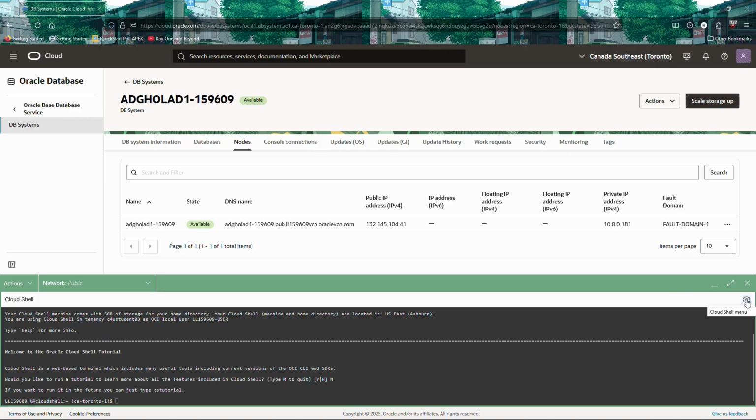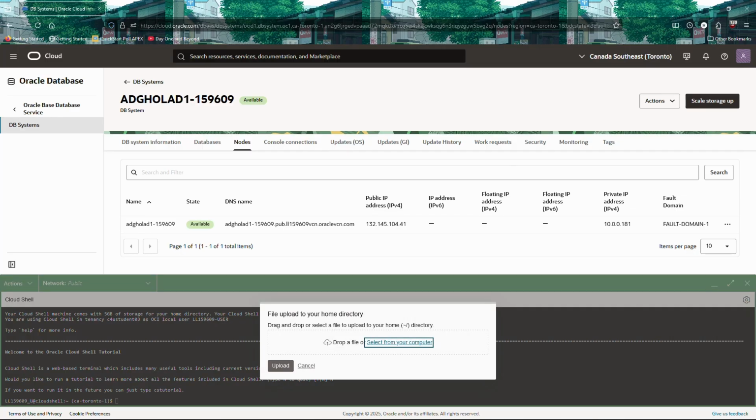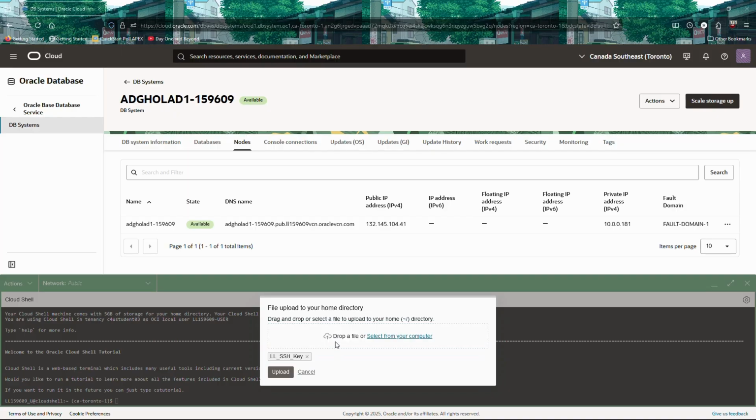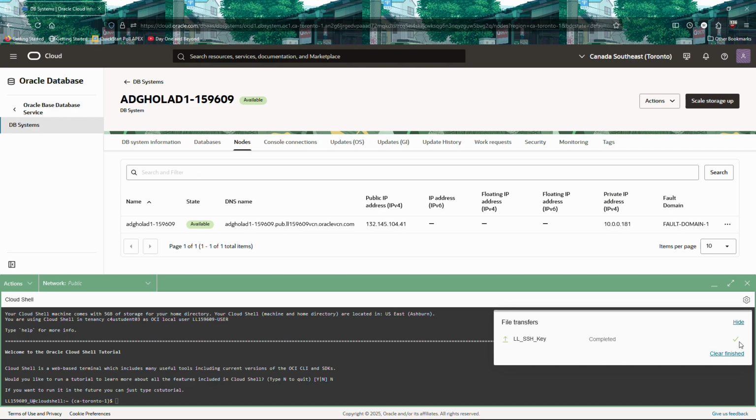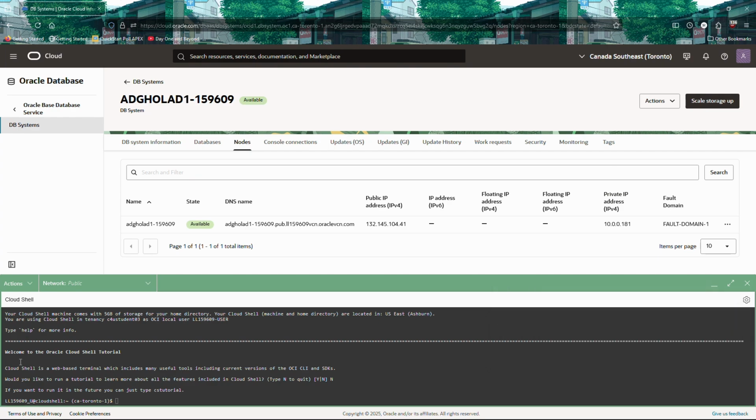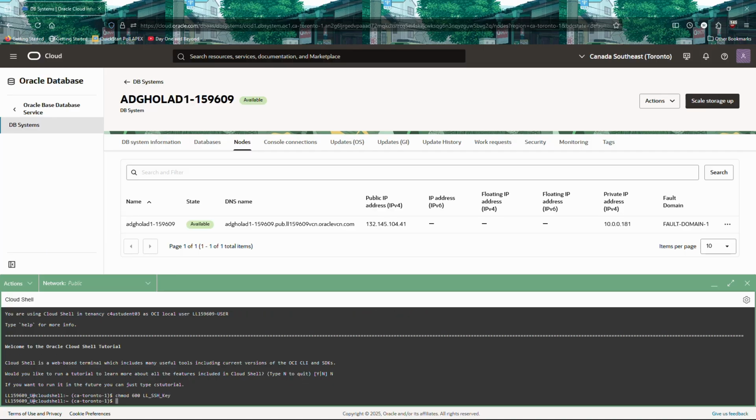So in order to do that, I'm going to go to the little gear and then upload. And I have mine on hand, so I'm just going to go ahead and drag and drop it. You are more than welcome to select it from your computer. Once that's completed, I'm going to go ahead and hide that. And then I'll need to change the permission of the private key in order to be able to use it. Okay, now that the permissions are changed, I'm going to go ahead and SSH in using that IP address that